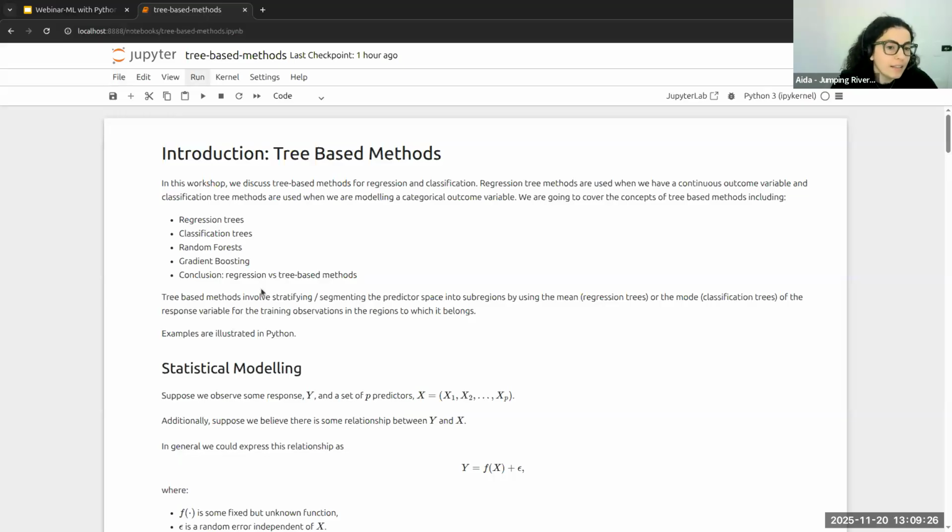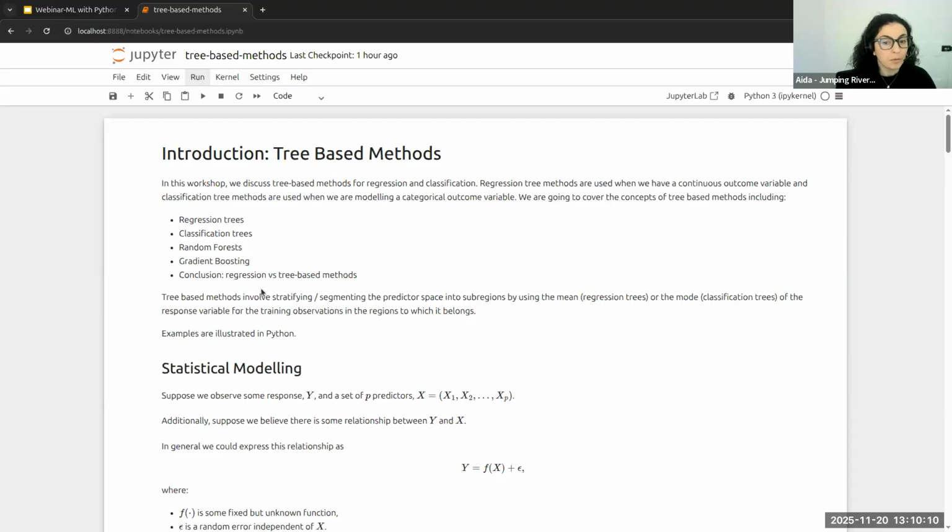So yeah, today I decided to talk about tree-based methods within the wide range of machine learning methods that are available there for us to use. I decided to talk a little bit more about these methods because I feel like they are widely implemented and used, but actually people don't talk very much about the mathematics behind these methods, and we have to make sure that a certain method is defined a certain way in order to understand the model output as well.